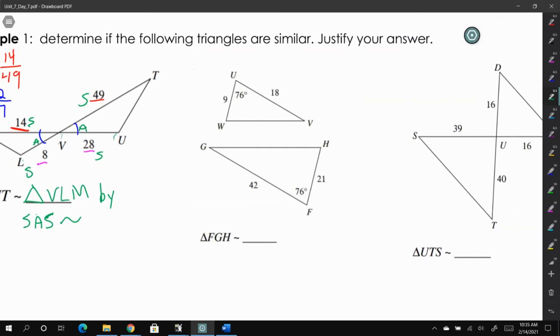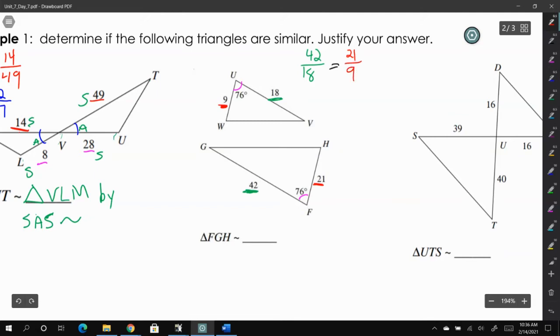The next one, we have a congruent angle that's 76 and 76 degrees. So then 9 is the smallest side here. 21 is the smallest side on the other triangle. 18 is the next smallest side, and 42 is the next smallest side. So I'm going to do 42 over 18 equals 21